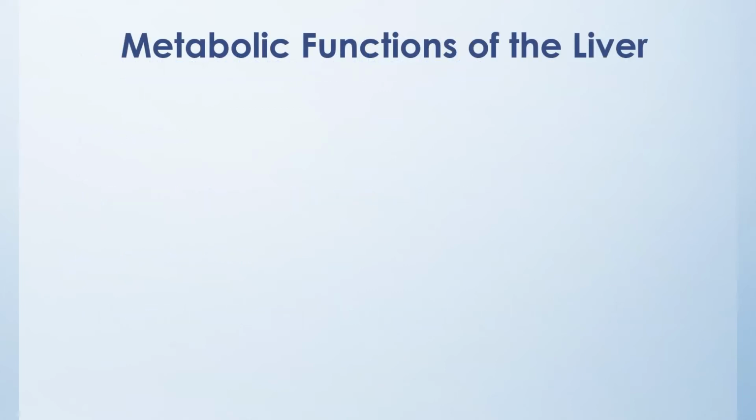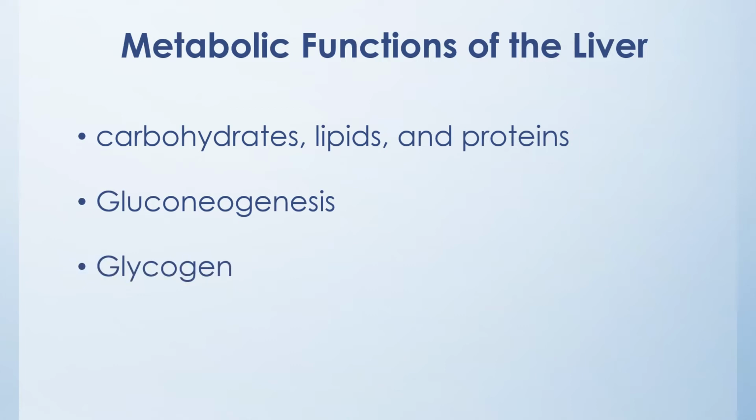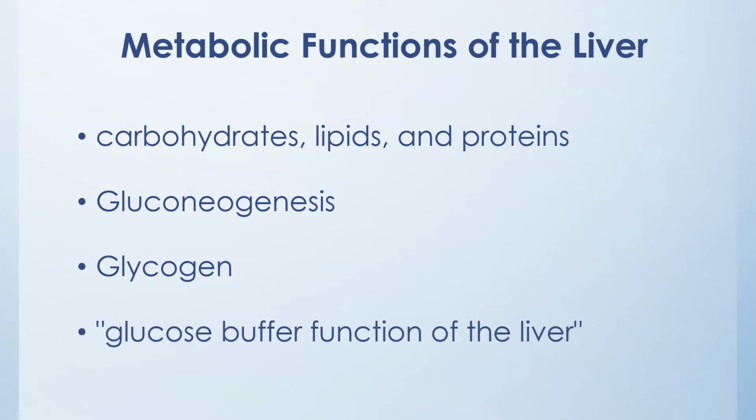So as I stated, the metabolic functions of the liver are for the metabolism of carbohydrates, lipids, and proteins, and it's much involved in gluconeogenesis, wherein it stores glucose in times of excess as glycogen, and when glucose is needed, it transforms glycogen to glucose again,